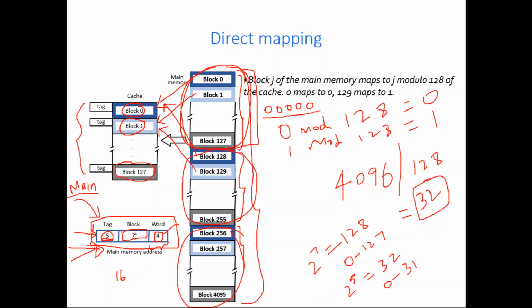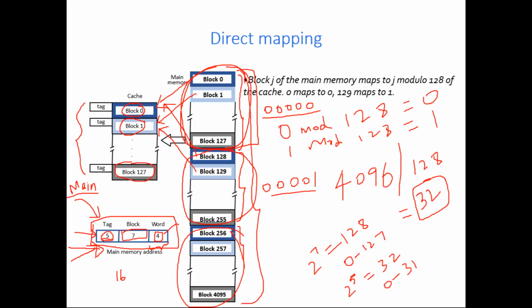For the 0th block it will be 0, for the next block it will be 1, for the next block 2, 3, so on and so forth. Again this will refer to the appropriate word, right? So for the second set of 128 blocks, what will be the tag bits? These 5 bits will be 0 0 0 0 1. For all the blocks of the second set of 128, this will be the value, right?